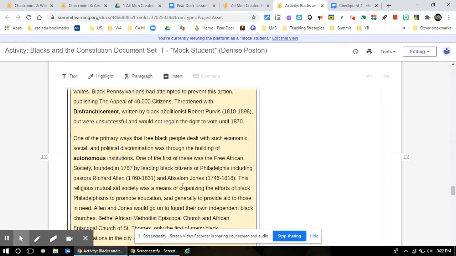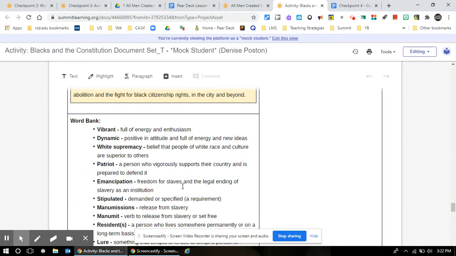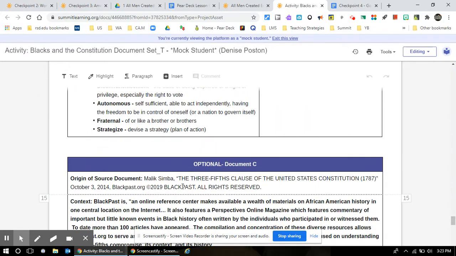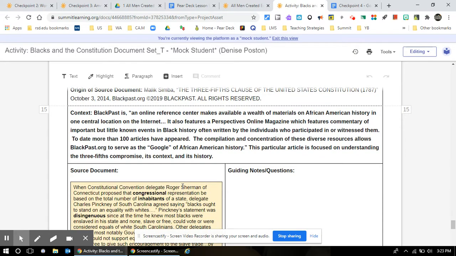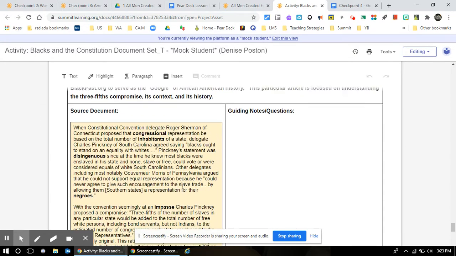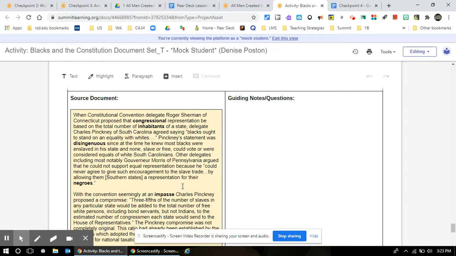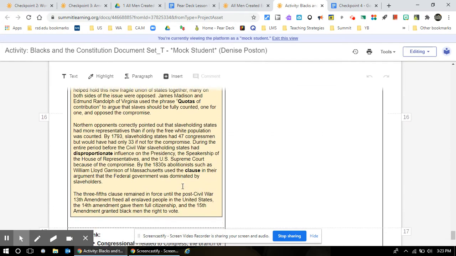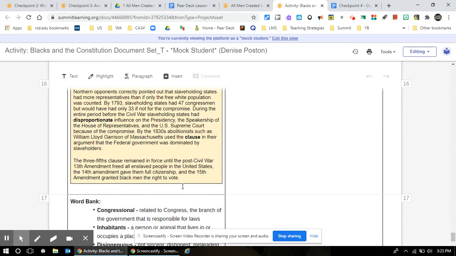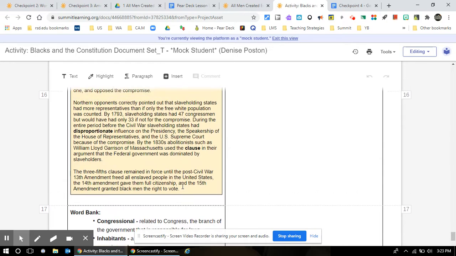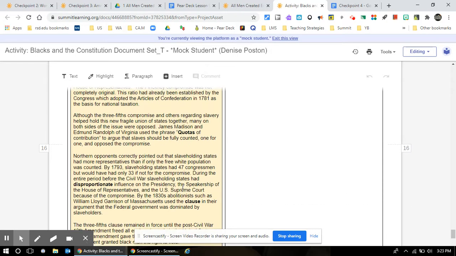There is a third one down here that we didn't go over just due to time and because it was something that was somewhat already covered. But this goes into specifically some of the discussions and things that happened at the Constitutional Convention as they were trying to balance the needs of different groups, mainly the North and the South, and the representation within Congress, and how that led to things like the 3/5 compromise. So you have the option of also reading through and including that.